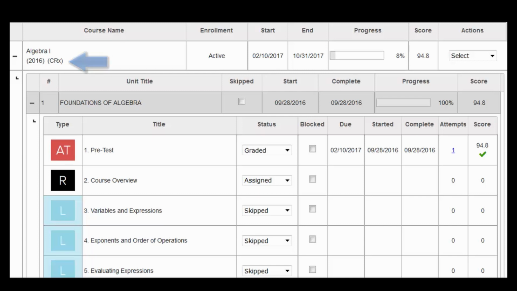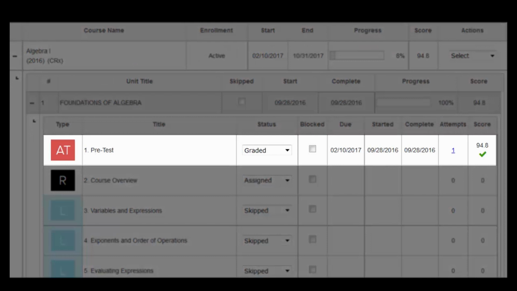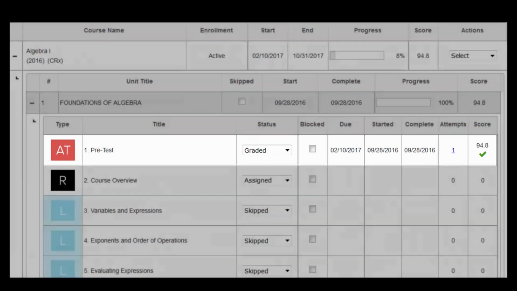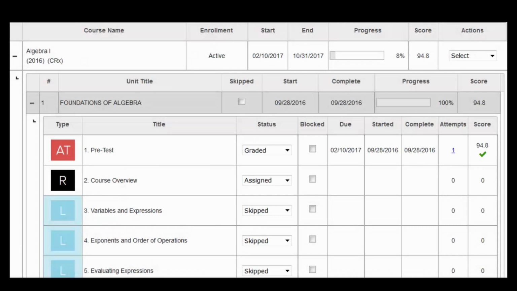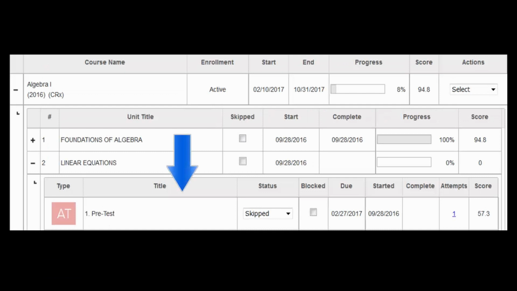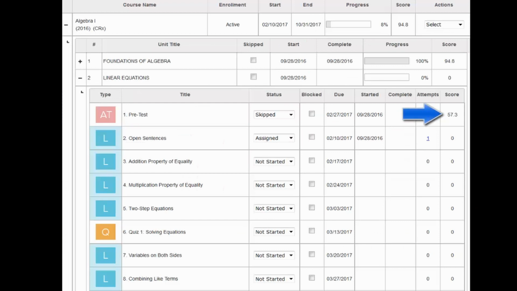every unit's content in the course to show mastery by achieving the CRX pass threshold on the unit's pretest. If the student successfully achieves the threshold, which is set by your school's administration, they have successfully tested out of the first unit's content and are automatically moved into the next unit in the course where they will take the pretest for that unit. In the past, if they were not successful on the pretest, they were assigned the entire